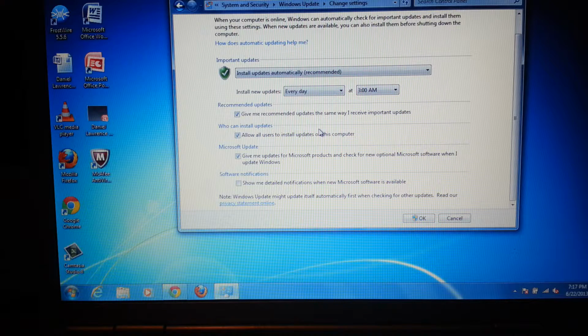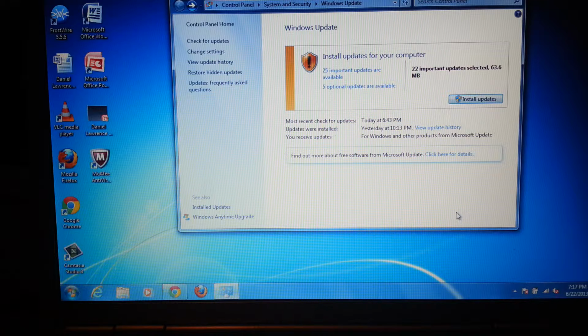And then you do have software notifications down below that says show me detailed notifications when new Microsoft software is available. So when you're connected to a network, it'll pop up in a little bubble down here in your taskbar, and it'll let you know that you have updates available and give you details on it. So I canceled out of that, and then here I have all of the updates that are